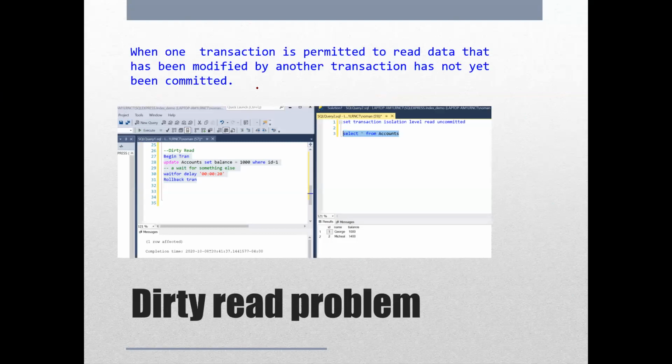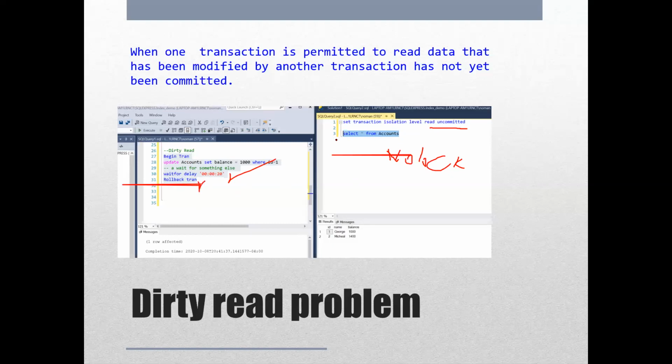Now, right, so the same thing and the same example, we have already seen that, and I just made this example for you people, but I won't be going into the details because we have already done that dirty read example. Now here we have this uncommitted one, or you remember I have done the no lock one. If I have this no lock or uncommitted one, what will we do? Begin transaction, update account, set balance 1000 where ID is equal to 1. Wait for something. So if you want to wait a transaction for something, you do wait for delay. And this is hours, this is minutes, and this is seconds. So please bear in mind, don't do it for hours or something. So we have done it for 20 seconds over here. And after that 20 seconds, we are rolling back that transaction.